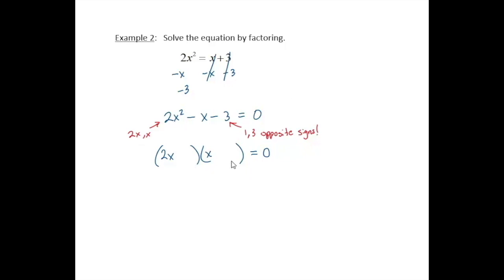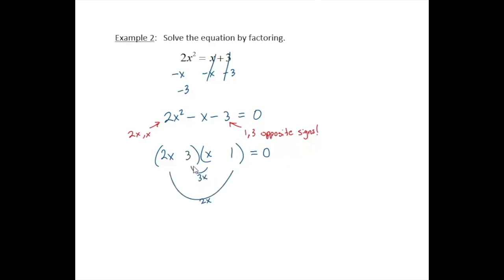In the second positions, we put the factors of the constant term. Since 3 is prime, we only have one possibility, 1 and 3. And because 3 is negative, these have to have opposite signs, one positive, one negative. If necessary, you can try the 1 and the 3 in both positions to see which one will work, but it'll turn out that we'll need the 3 in the first binomial and the 1 in the second binomial,